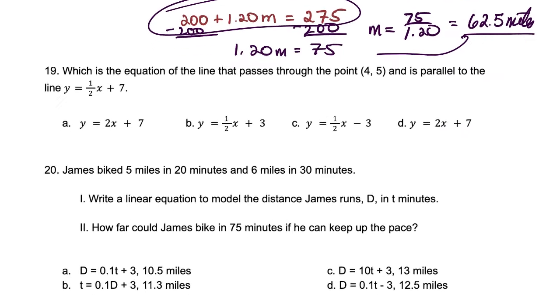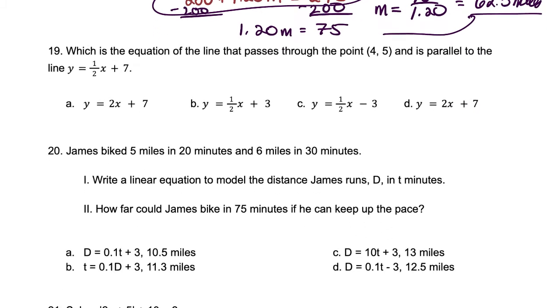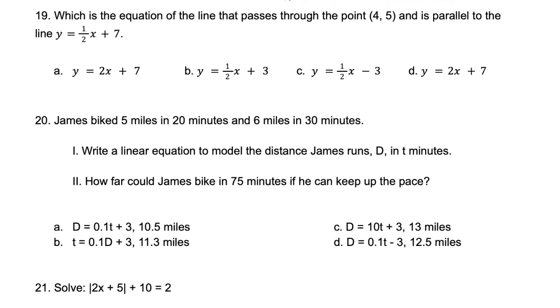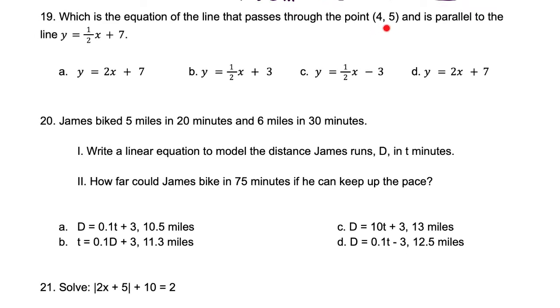Which is the equation of the line that passes through the point 4, 5 and is parallel to this line? Well, there's some key information there. So I need the equation of the line that goes through the point 4, 5. Should have written down the point 4, 5. And since it's parallel to this line, which is in slope-intercept form, y equals mx plus b,